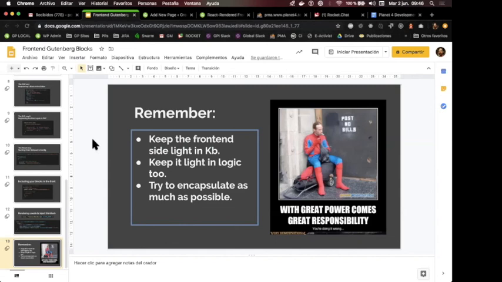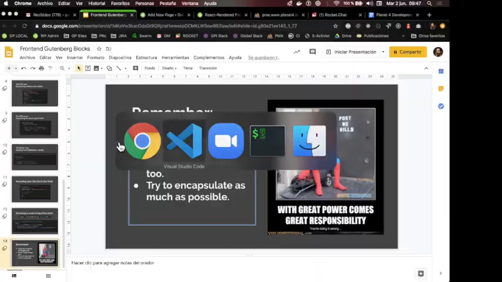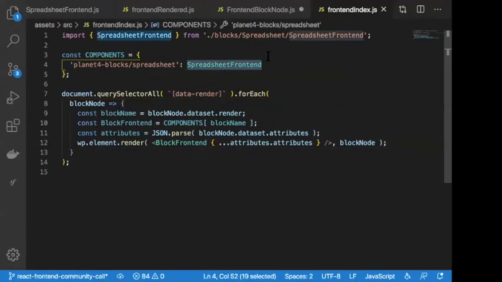Adding React to the front end also adds a bit of processing for React to render the virtual DOM and do its diff. It adds quite a bit of logic, so maybe it's heavy for low-end devices. And also try to encapsulate as much as possible, maybe as we did here, where we are just importing one component for the front end, and we are not doing much assembly inside this file. Everything the component needs is encapsulated in this spreadsheet front-end component. So that's it. I guess